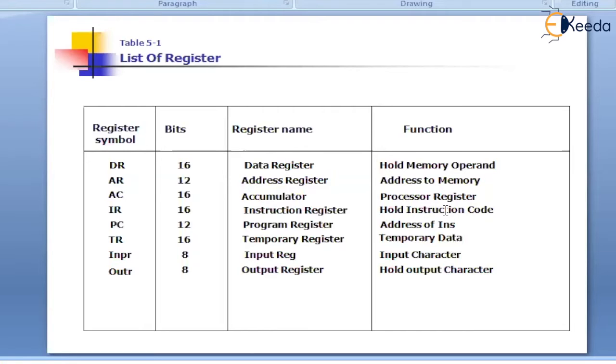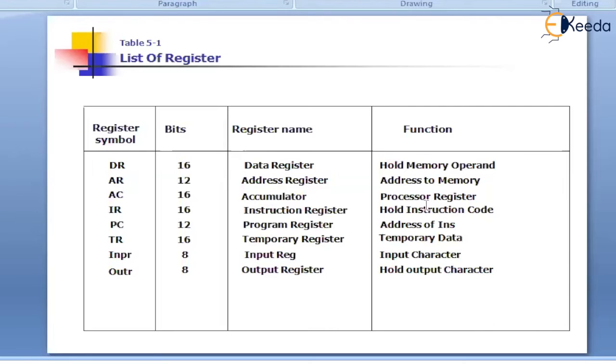As I already told you in the previous videos, these registers can be organized in three different ways. The first one is single accumulator organization. The second one is general register organization. And the third one is stack organization. We'll start with the single accumulator organization because it is going to serve as the mother of all the register organizations. If you can understand the single accumulator organization, then general register organization and the stack organization are pretty much easier to understand.